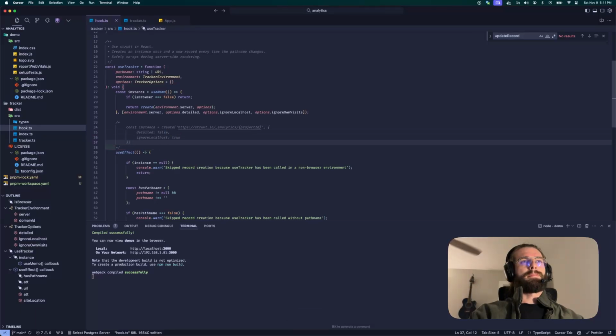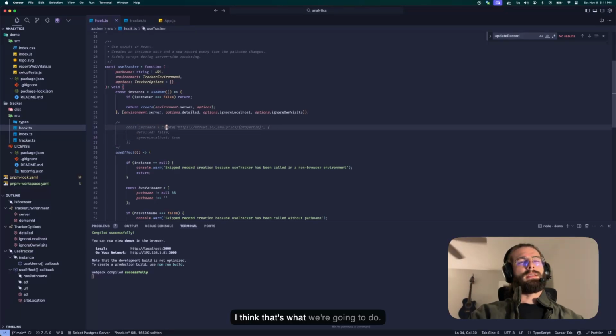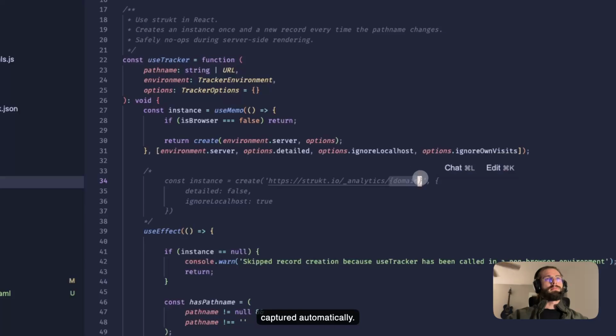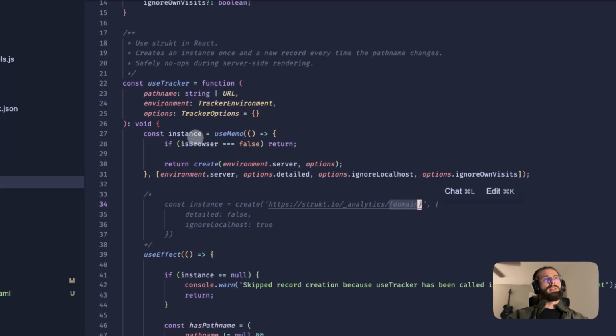Yeah. I think that's what we're gonna do. Actually, not even project ID. I'll just say domain. Because I don't need to supply this. That's captured automatically by